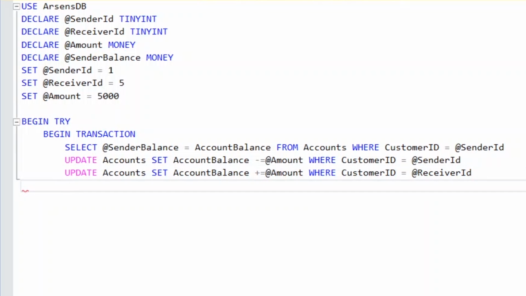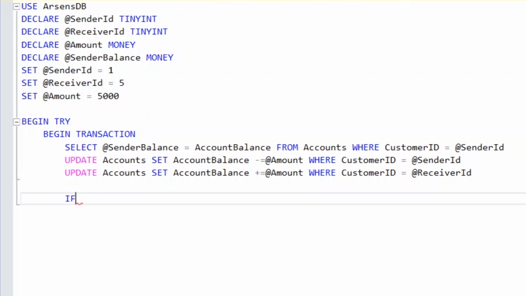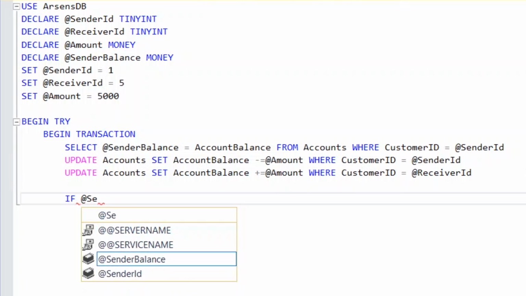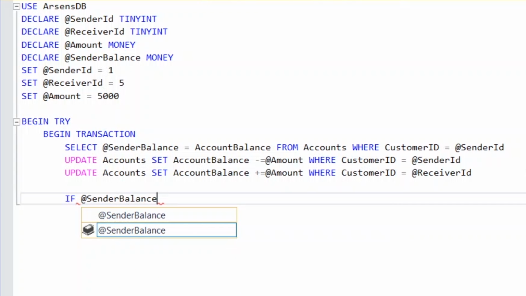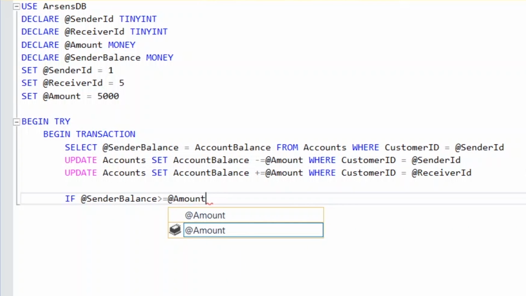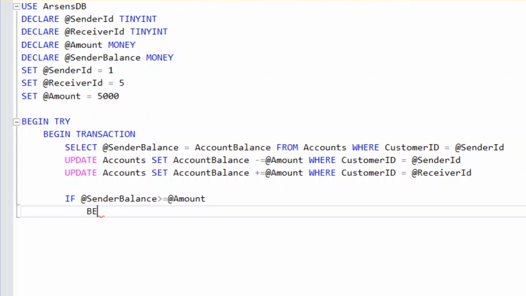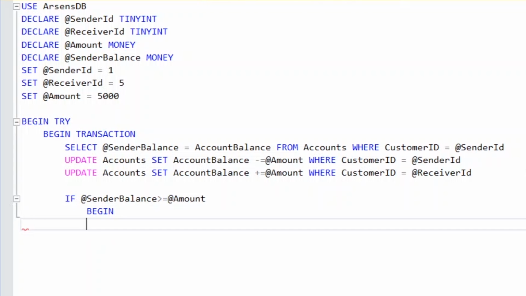Effectively, we are taking the amount from the sender's account and putting the amount on the receiver's account. But first of all, we want to check if there are no sufficient funds in the sender's account. We reject the transaction. So we effectively want,